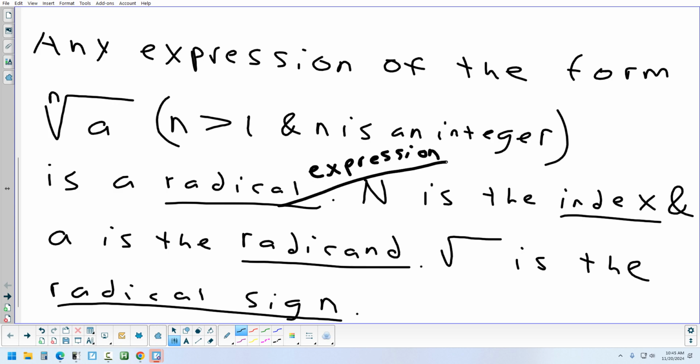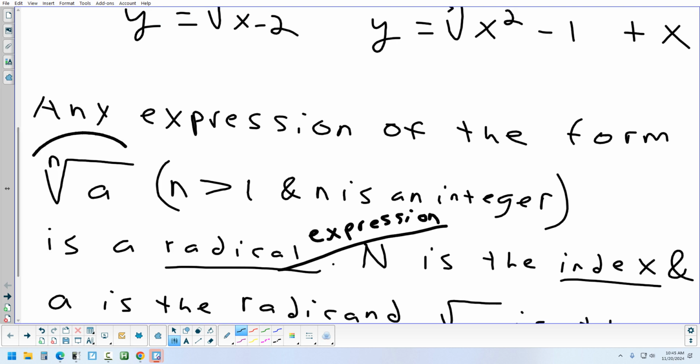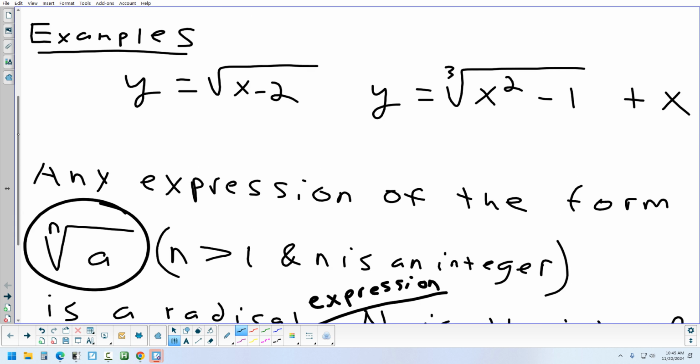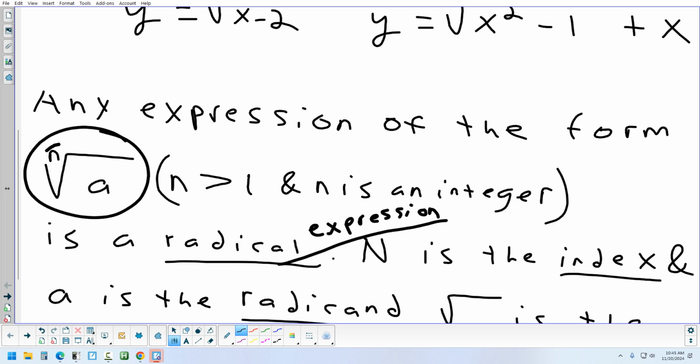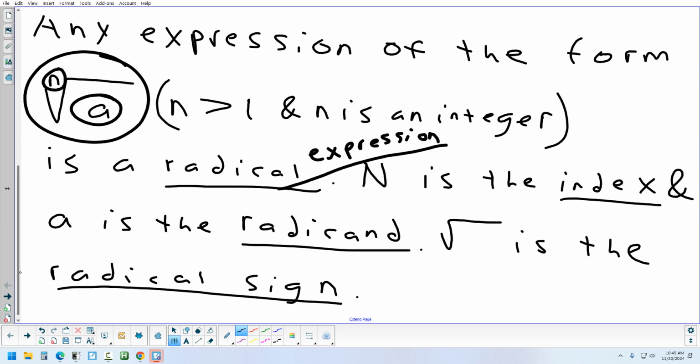A radical expression is anything that has that form. That's not an equation because it doesn't have an equal sign. The two above are radical equations. That's an expression. This number that you have on the outside is the type of root you're doing. That's called the index. What's underneath the root is called the radicand. And the actual root symbol itself, you can call it the radical symbol, the radical sign, the root sign, anything